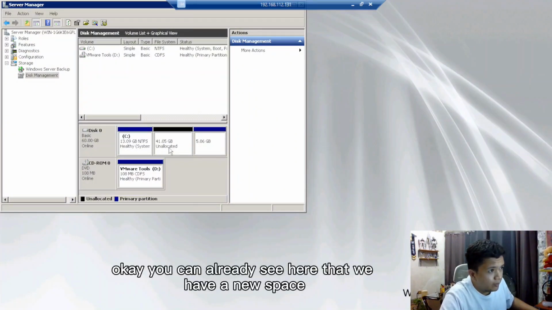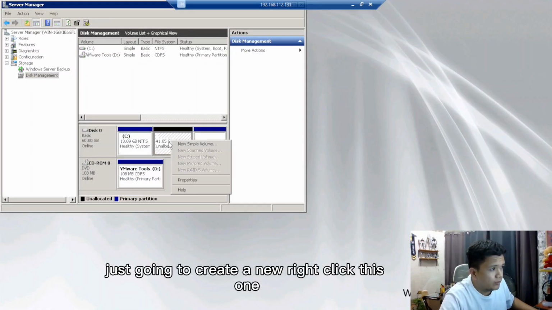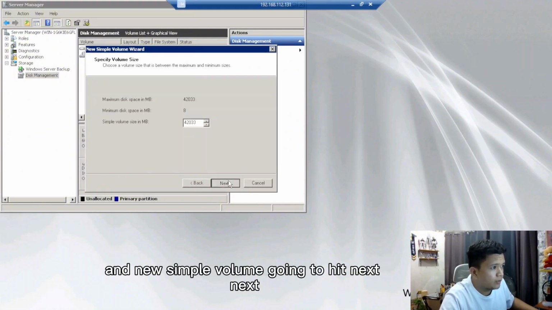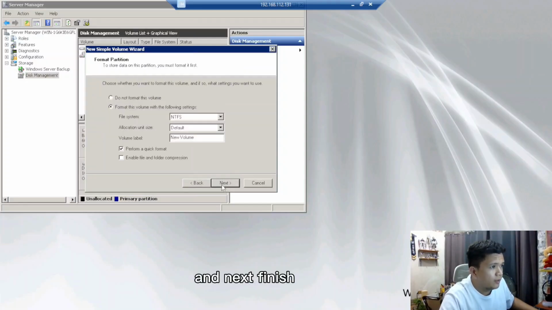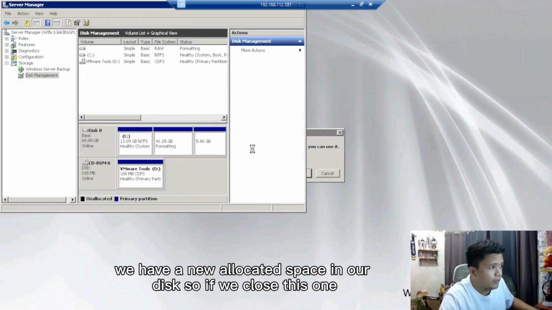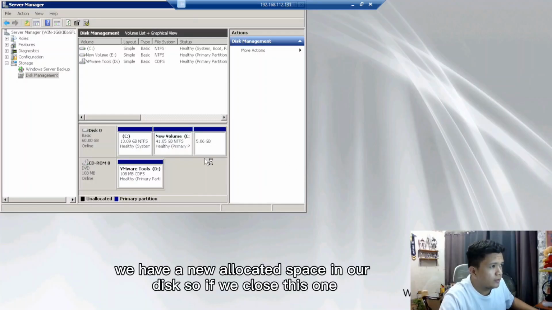Okay, you can already see here that we have a new space. We're just going to right click this one and choose new simple volume. I'm going to hit next, next, next, and next. Finish. We have a new allocated space in our disk.